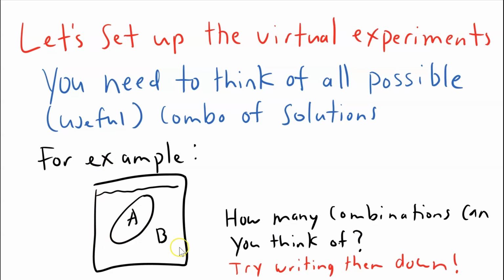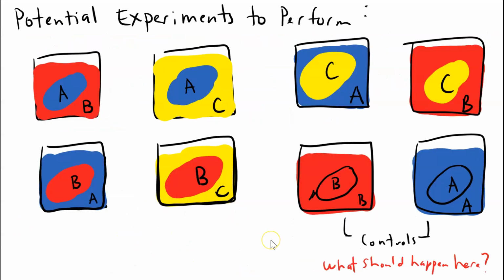An example of a useful combination would be having A inside the bag, but B surrounding the bag, okay? So submerging a cell with A in it in a solution, which is solution B, okay? So how many combinations can you think of? Well, here's what comes to mind for me. I want to put as many possible combinations as possible. That's going to give me the most amount of data,